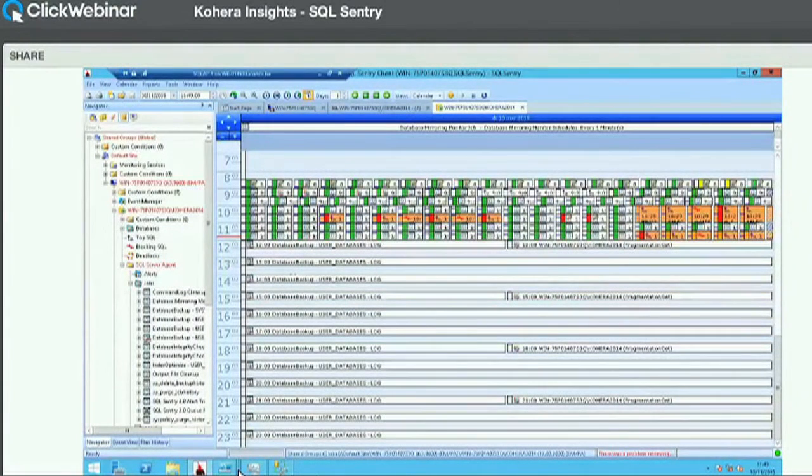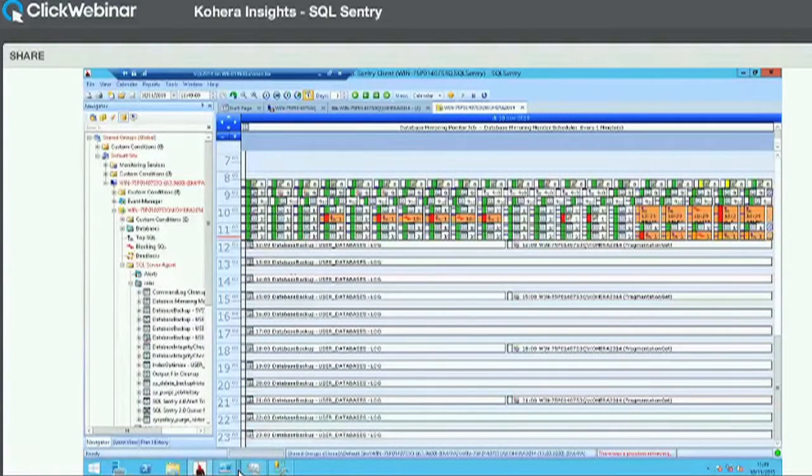And here you can see what jobs are running at this moment. So you can see at 12 o'clock there will be a database log backup. At 12 o'clock also the fragmentation of our SQL Server will be measured, but that's something I'll come back to later. And you can also see what heavy statements are running, because they're put in orange and in red, so you can see, okay, with that statement there was a problem, so you can go and check